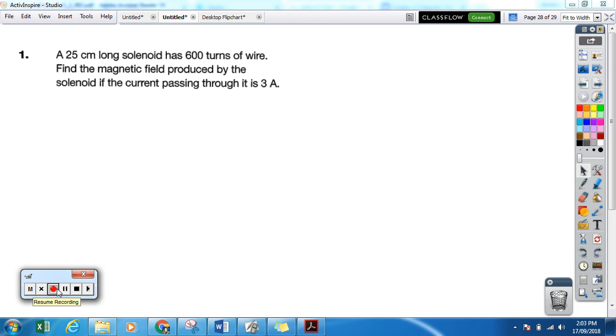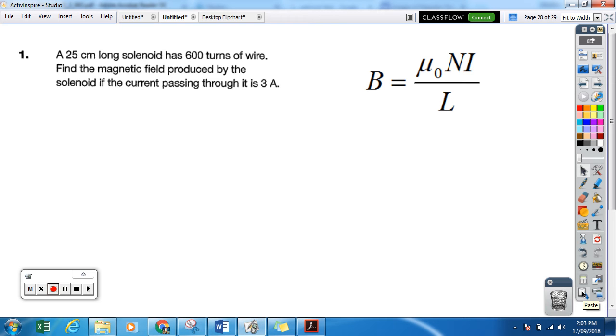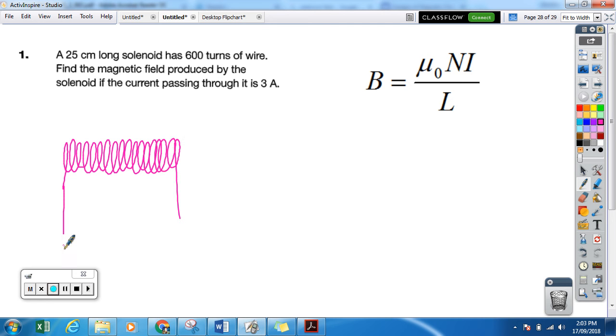Okay, welcome back. Now we're going to have a look at doing the mathematics using the Ampere rule for the solenoid. This is Ampere's rule for the solenoid, and it's quite simple. We just plug in all the numbers. So here is our example. A 25 centimeter long solenoid has 600 turns of wire. So we'll pretend that this is our solenoid here. There's 600 turns here, and it is 25 centimeters in length,